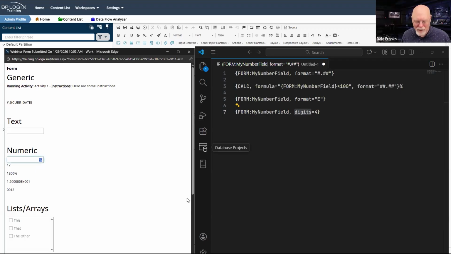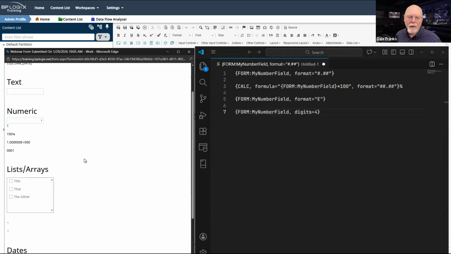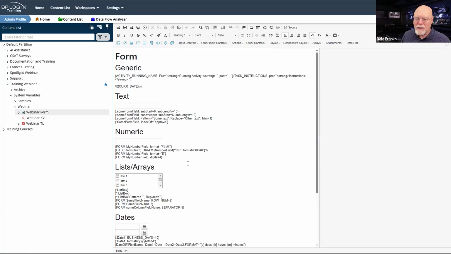I was about to say my very first request would show up as 0001 whenever we use the digits formatter. All right, so that is some of the more common numeric things that you might do with system variable parameters.